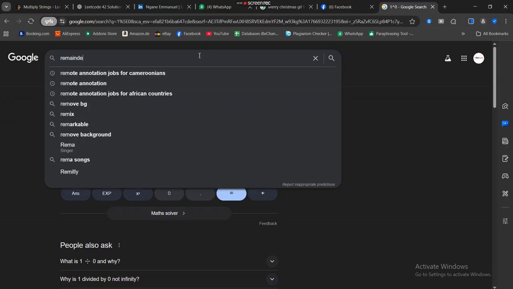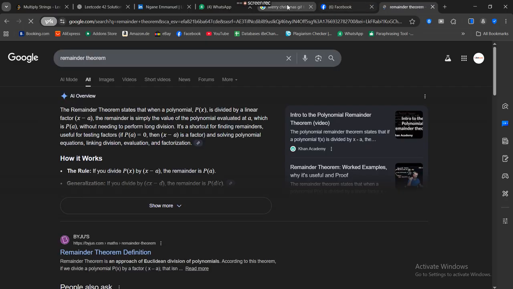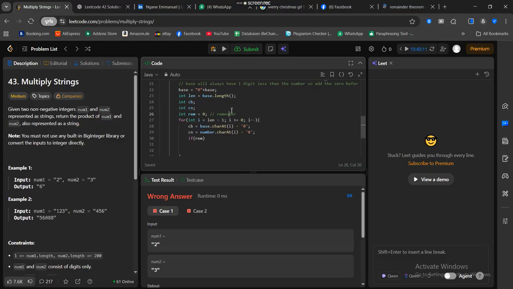Actually, it's not even remainder, it's carry. So, proper naming. If the carry is greater than 0, we want to do